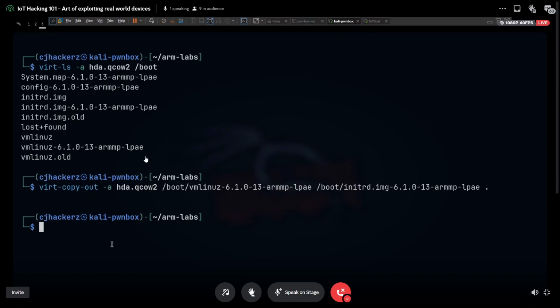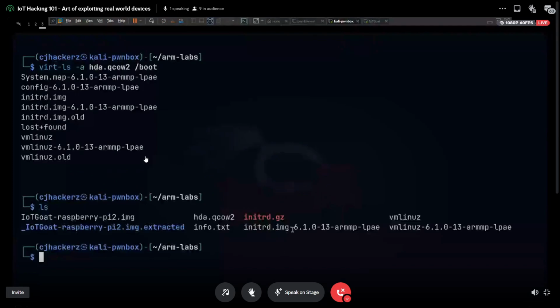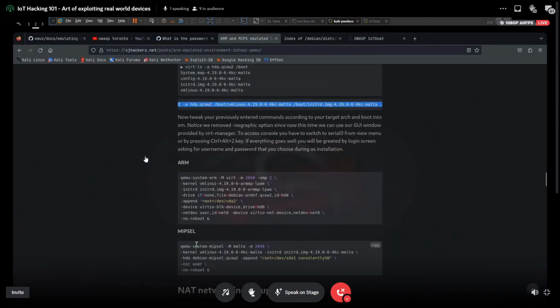All right, I copied these two files out. So now we have that and we have that. So instead of using the one from the installer, we are now gonna use the Linux kernel and the initial file system file which we installed. And in the next step, we are just gonna boot that.